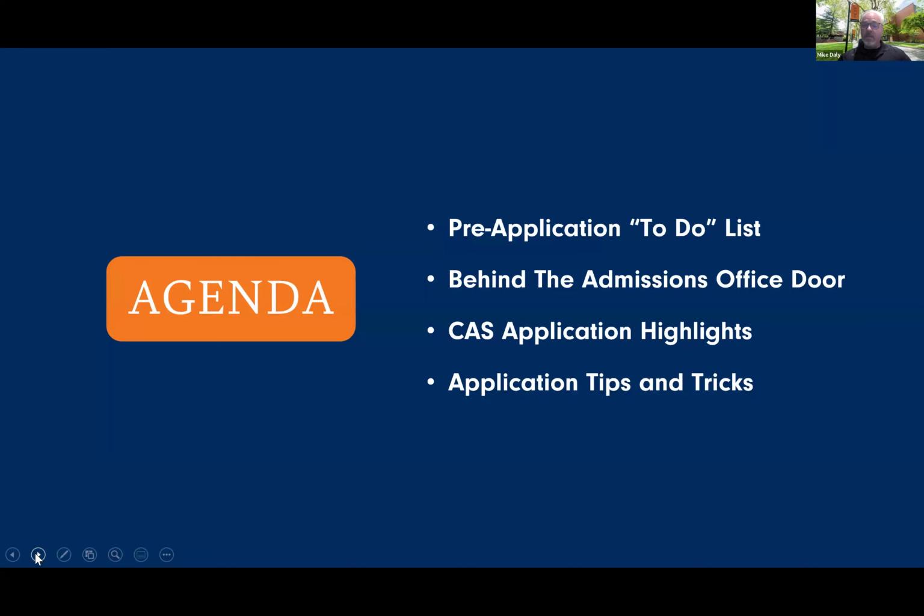Also, I want to give you a little bit of a peek behind the graduate admissions office door. Usually when you are applying to the program, and especially after you submitted your application to your graduate program, there's a big mystery about what may be happening. How are they looking at your application? What's important to them, and how are they making their decisions amongst all of the great applications that they're receiving? And how can you maybe get your applications to stand out from the rest?